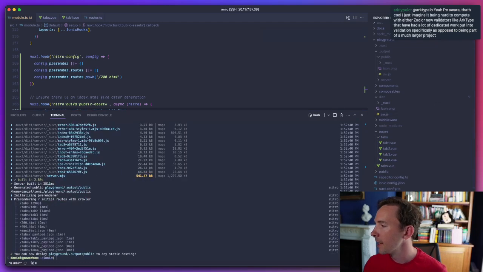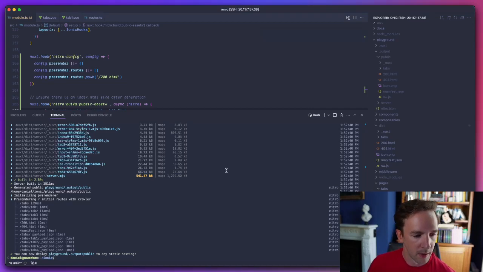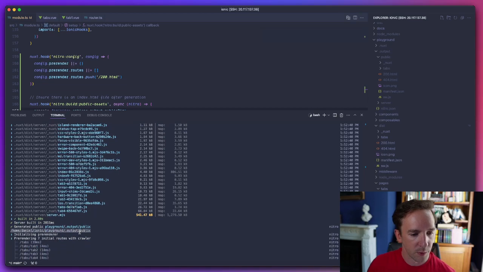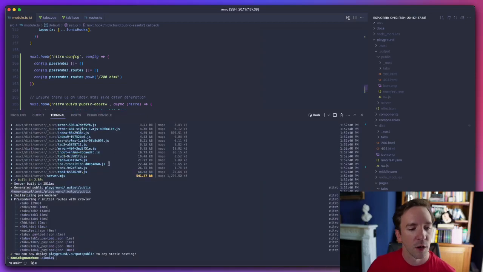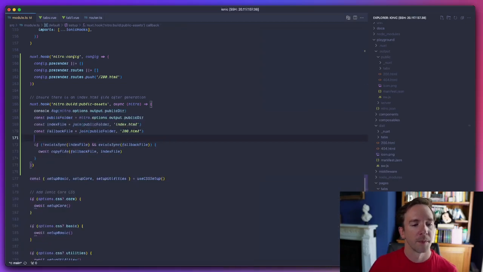Because basically, what is it, it's resolving to the public folder. Oh, this is before it's been copied across. So I guess it is before it's been copied across. So it's still going to be in the